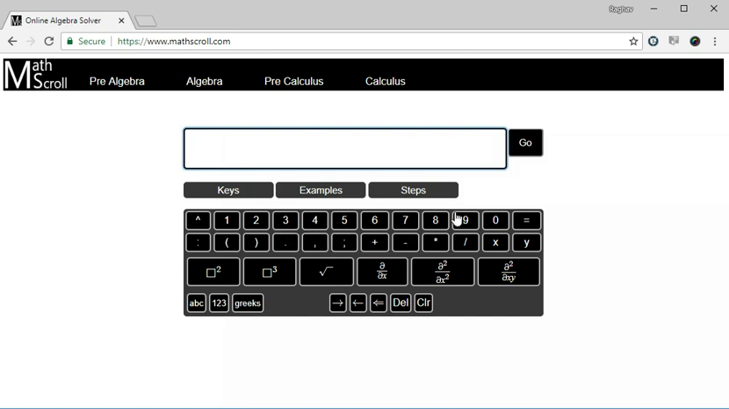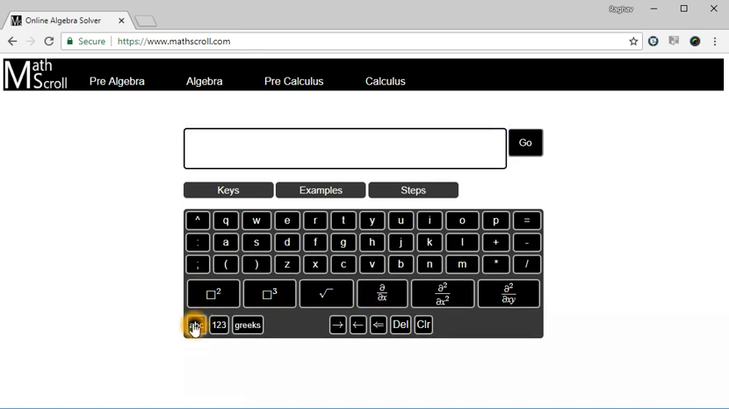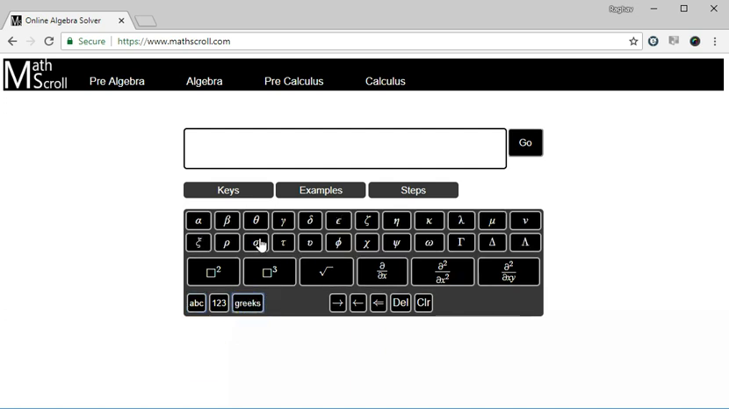basic keyboard where you have all the numbers and also X and Y to be able to punch in any algebraic expression that you'd like to solve. In addition, when you click on that ABC button, you get the additional alphabet characters, and similarly when you click Greeks, you get the Greek characters that you may want to incorporate in your equation or expression that you'd like